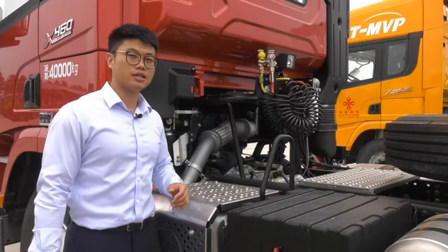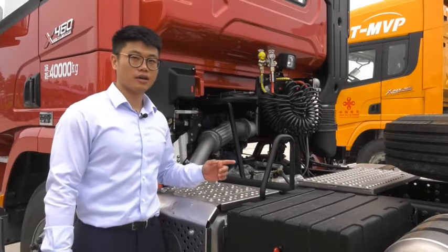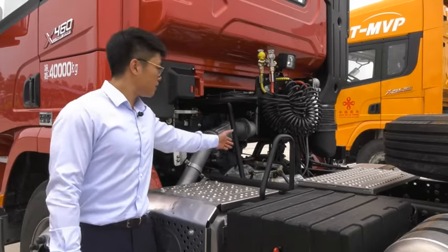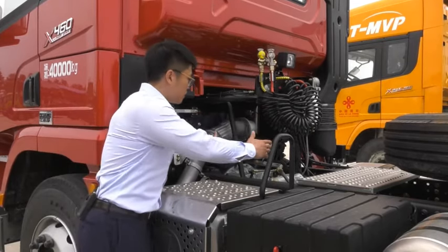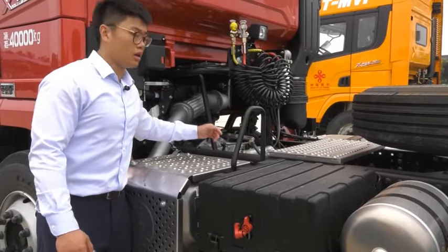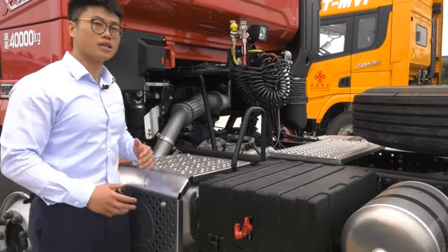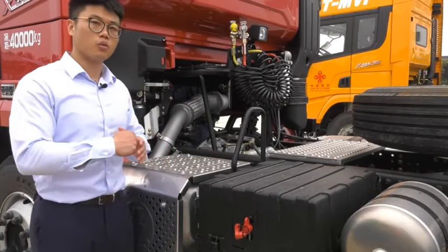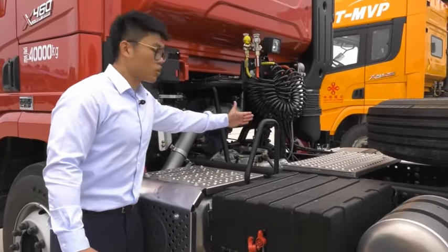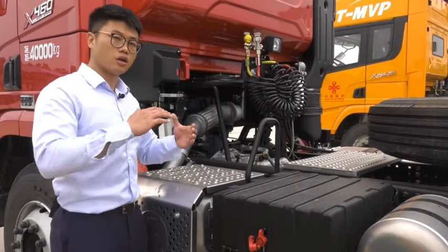Our transmission is the Fast transmission. Fast is the largest manufacturer and distributor of heavy-duty transmissions. And these trucks use the aluminum-cased 12-gear transmission. The aluminum case can make the truck lighter, and our customers can choose to load more cargo weight. And with this gearbox, we can also equip it with the retarder, which can help the drivers go downhill